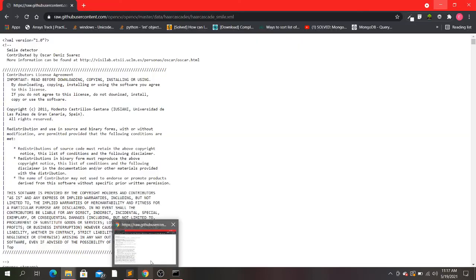Other than this package, we need one Haar cascade file. Those of you who don't know what a Haar cascade is, this name might seem scary at the beginning, but its meaning is very simple. Haar cascade files are files trained for models.